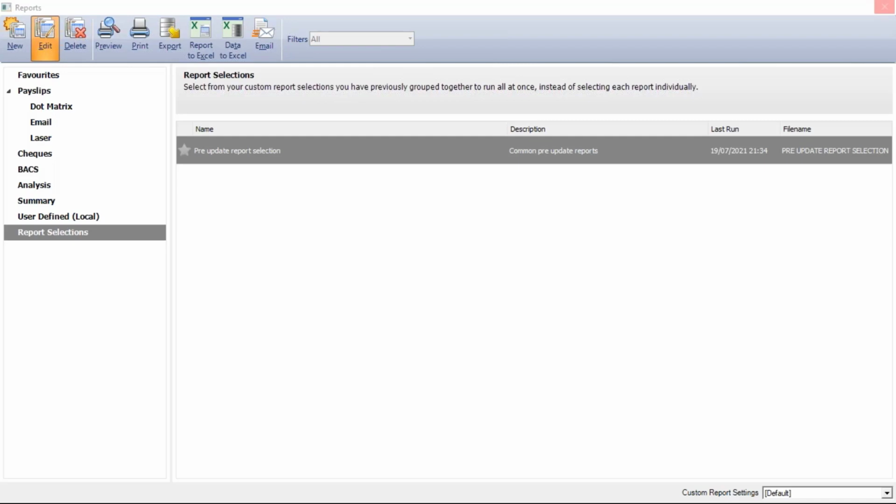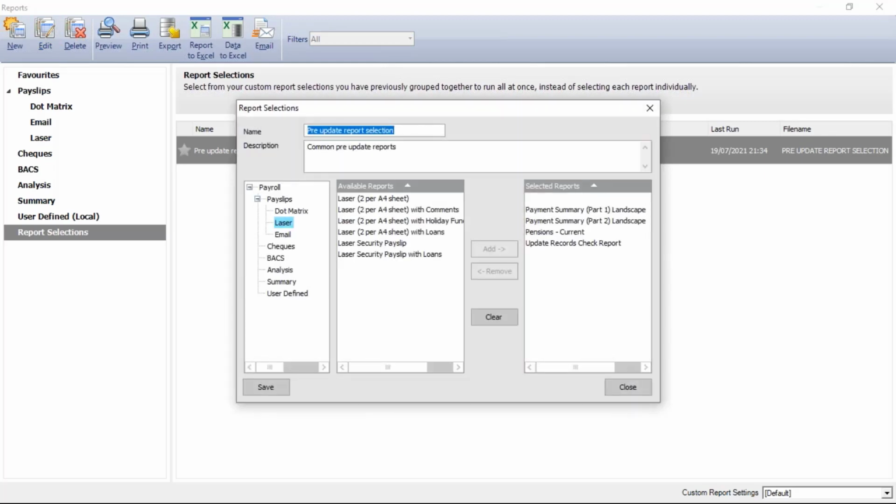So it just takes a few seconds to open. And it'll give you a list of the reports in your selection. Still waiting for that to come up on screen. Here we go, it's worth the wait. Selected reports, I've got some payslips here, payment summaries 1 and 2. I've included a pensions report and an update records check report. And by adding reports to a selection,